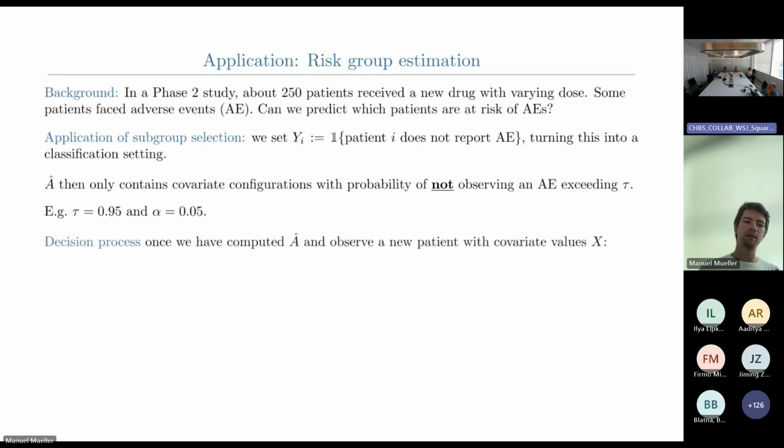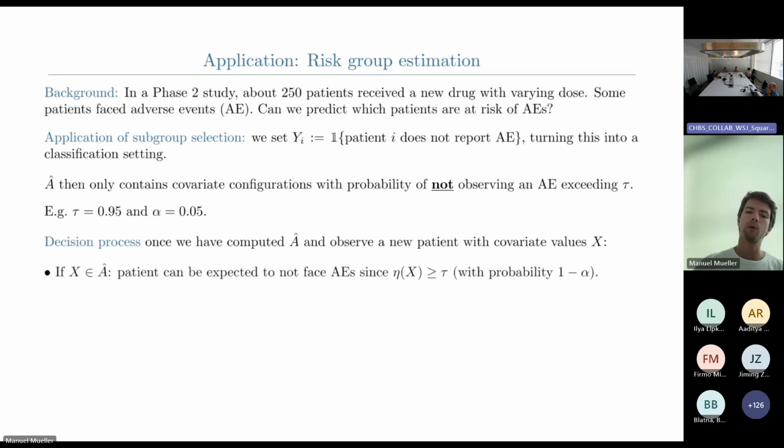And the decision process that this very strong type 1 error guarantee allows you to follow through on is that once you have computed your set A hat and you observe a new patient X, you can check whether X falls into your selected subgroup A hat. And if so, you can be reasonably sure that the patient is not going to face any adverse events, since the patient's probability of not facing them is above the threshold tau that you've chosen.